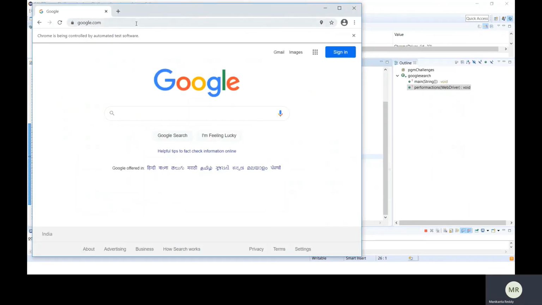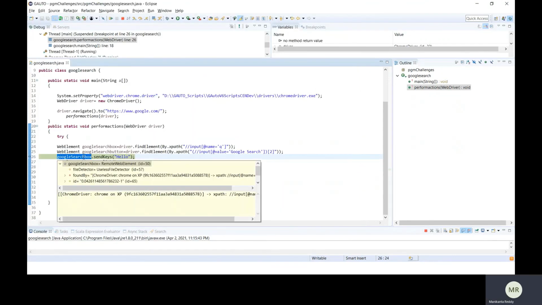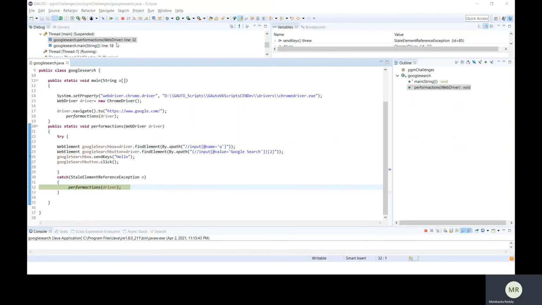Now I'm going to refresh the page before performing any sendKeys operation on the search box. So now we'll get the stale element exception which has to be caught by the catch block. So you can see the exception is caught and it's calling performActions once again.